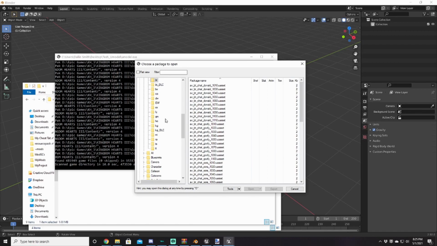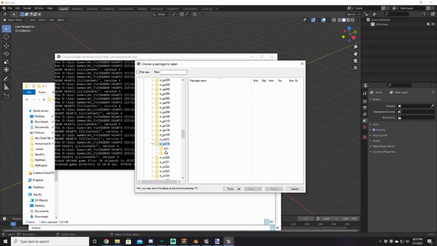I will also leave in the description the OpenKH website, which will give you a list of all of the weapons, character models, and their IDs, which you will need because they're not named like Kingdom Key in the files, and I'll show you that. So we're going to be replacing the Kingdom Key, so I'm going to go into Character, Wep. This is where all the weapon files are, and go down to WSO010. That is Sora's Kingdom Key,